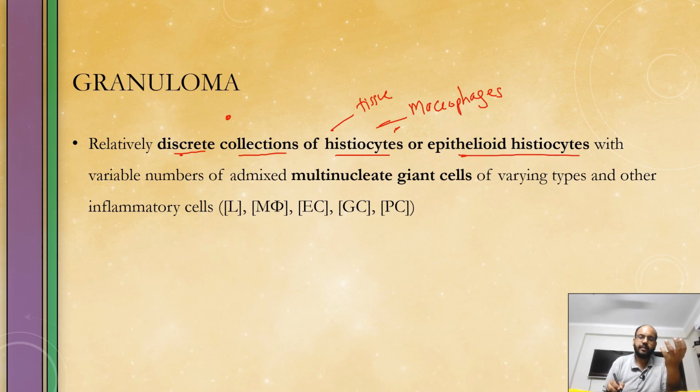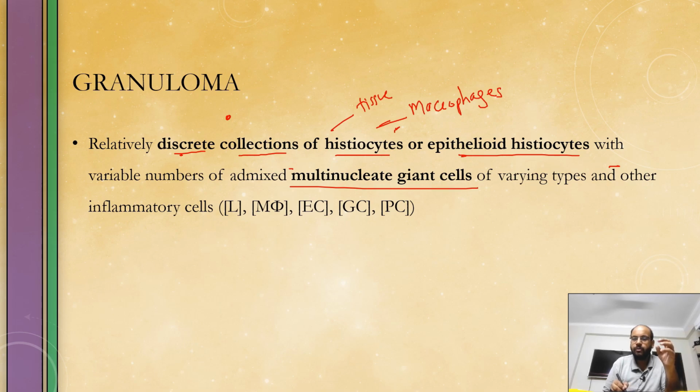Now, epithelioid histiocytes are histiocytes which show characteristics under a microscope which are similar to those of epithelial cells. That means they are flatter, they are pale staining. So these kind of characteristics led to a separate term of epithelioid histiocytes. But these are just histiocytes which have been activated by the immune system to form a granuloma, or an inflammatory reaction. Now, a granuloma is a discrete collection of histiocytes or epithelioid histiocytes with variable numbers of multinucleated giant